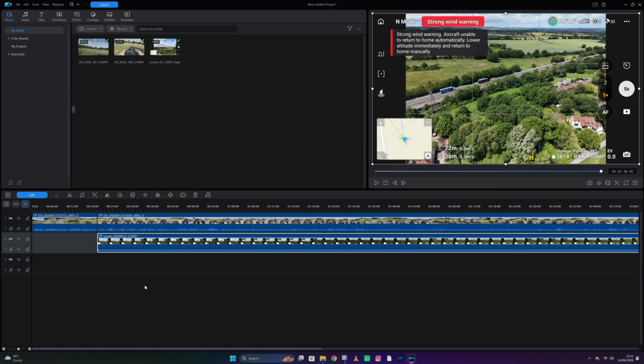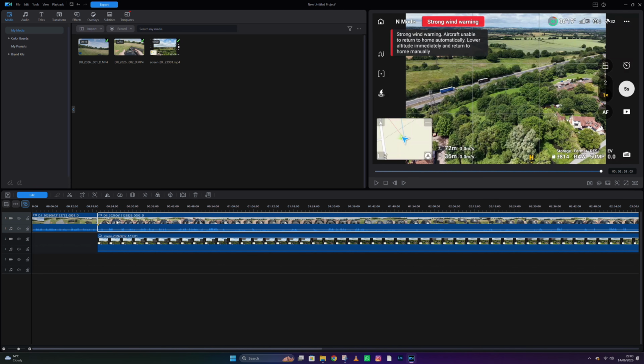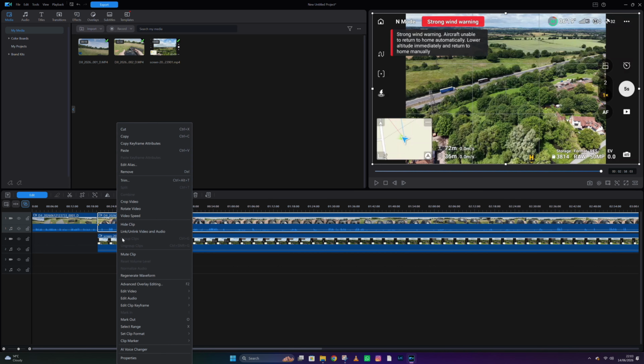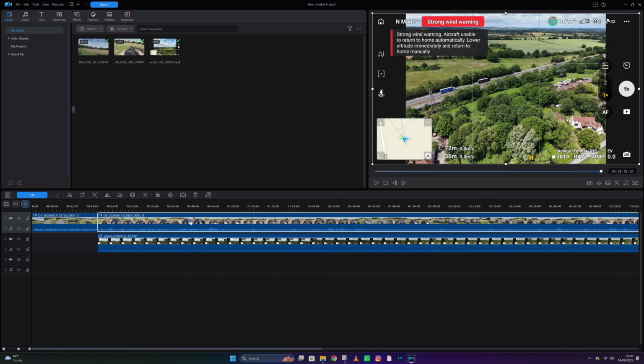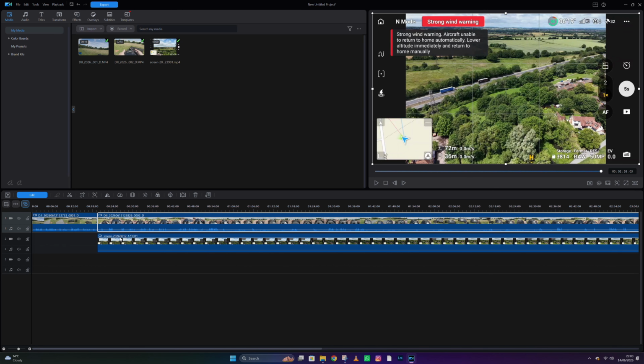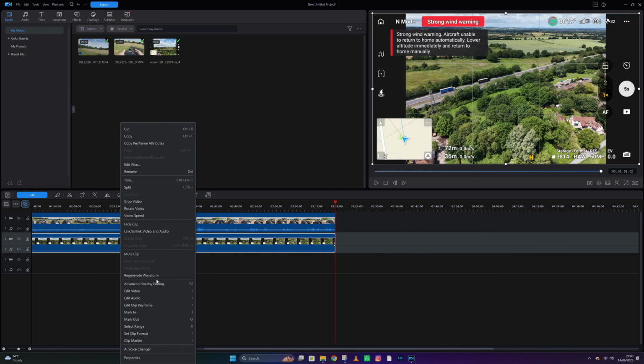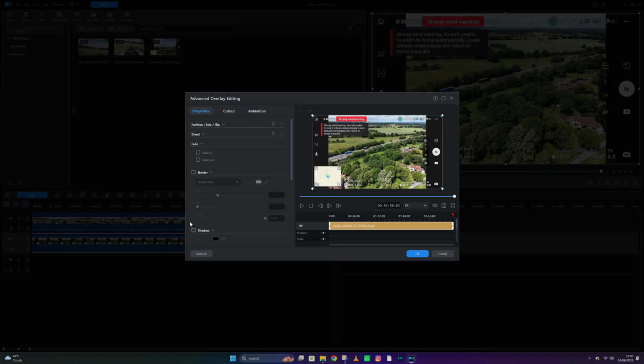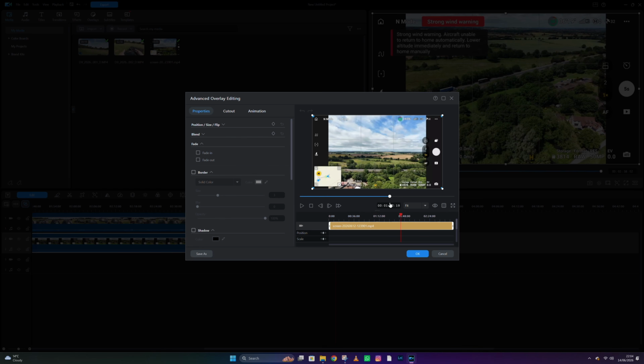And then what we've got to do is right click on there, advanced overlaying. So we don't want to overlay that, so I've actually done that wrong. Right, we click on that one and go to advanced overlaying. And as you can see, it's overlaid